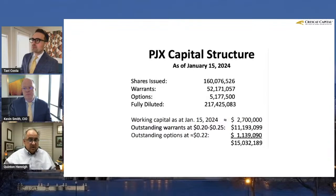Okay, this company has about 160 million shares out. You can see fully diluted a bit over 200 million. So it's been around a while. It's been out there a while. We've recently decided to take a stake in this company. I think it's